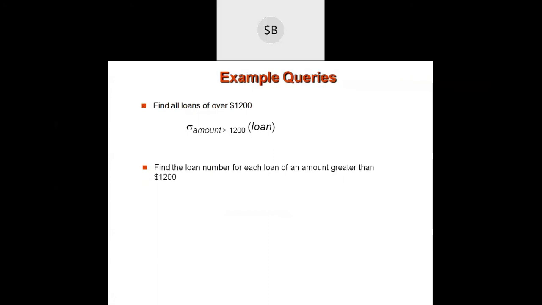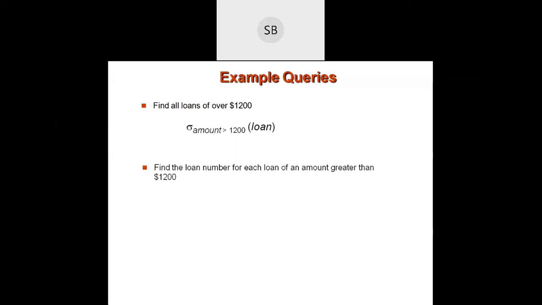Next query: find the loan number for each loan of an amount greater than 1,200. Firstly you have to find the loan numbers for each loan, and the one condition is that amount is greater than 1,200. So firstly I will apply the select, amount greater than 1,200 from loan, and then find the loan number.